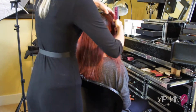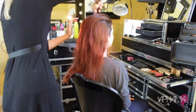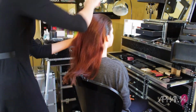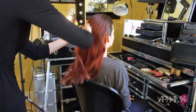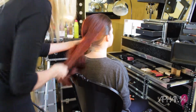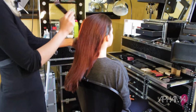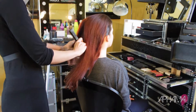Okay, so next what you want to do is bring the rest of the hair back and sit it on top of that bit of height that you've created, sort of softly. Depending on the face shape, you might need to add a bit more height to the sides or the top, but we're just going to add a bit of height here just for the purpose of the style today. And when you've got it all back, what you want to do is divide it into 3 sections. So what we're going to do is we're going to plait it, and we're also going to plait each of those sections. So if you divide it into 3 equal sections,